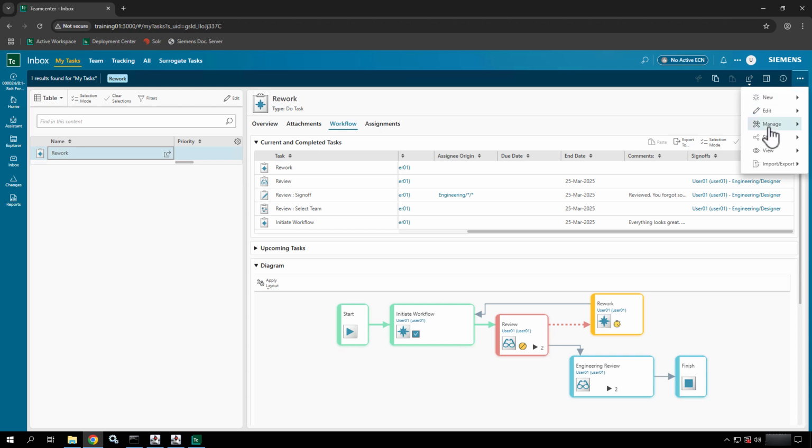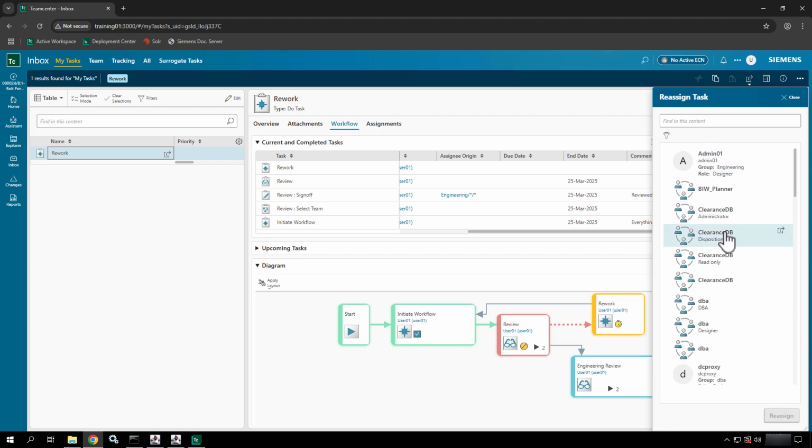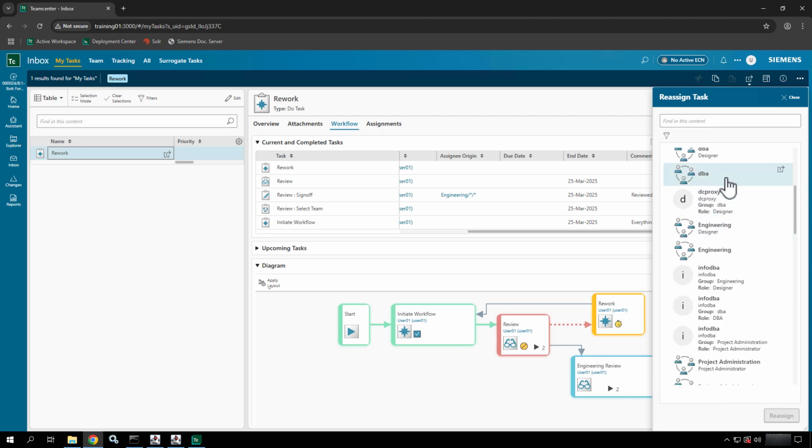So then I can come in to manage and reassign this workflow task to the individual that it needs to go to. There's a bunch of ways to do this. This is just one of them. So I'm going to say reassign, and I'm going to say this needs to go to the engineering group again. So that somebody can do it. I know I'm a part of the engineering group right now, but theoretically I could be somebody else. So I'm going to say